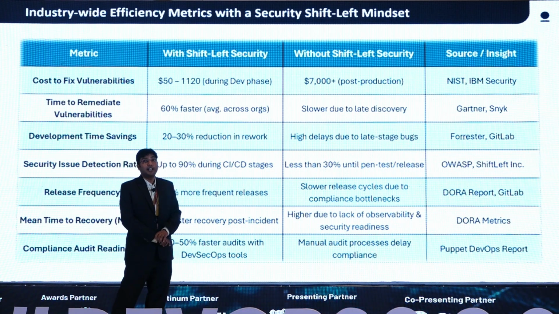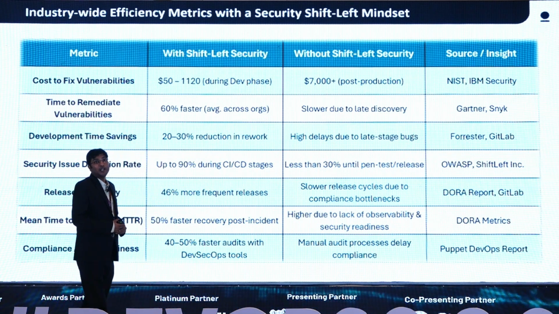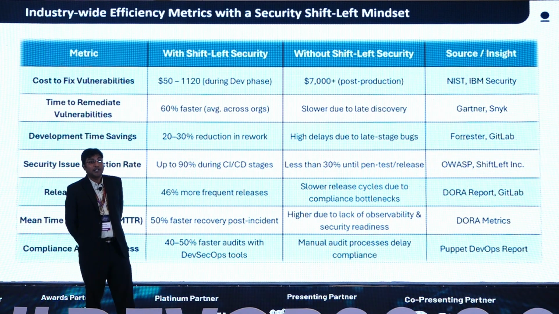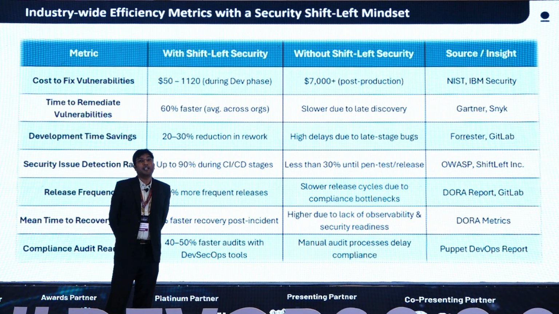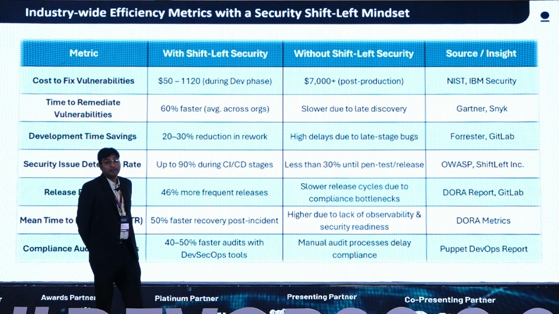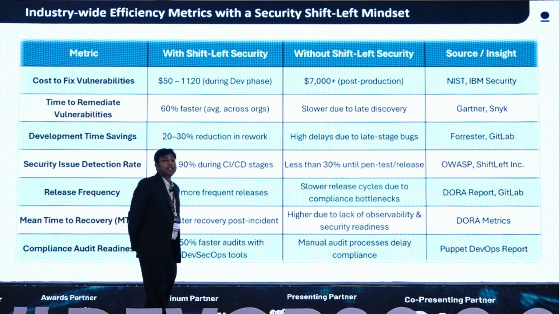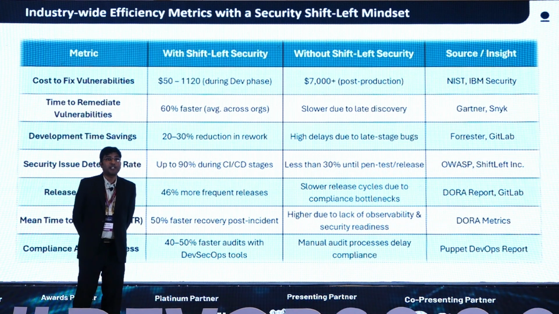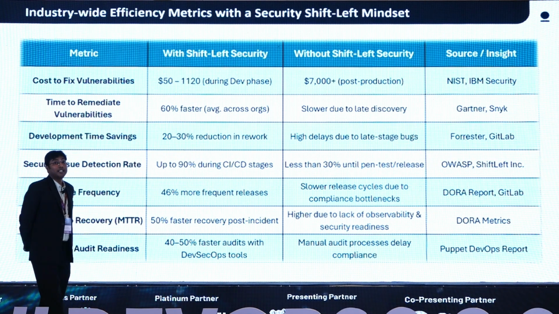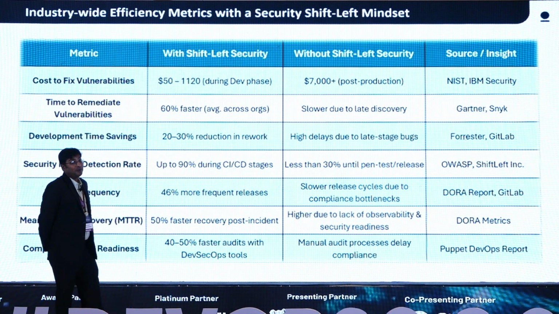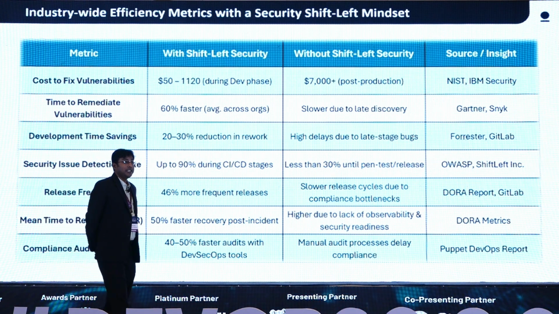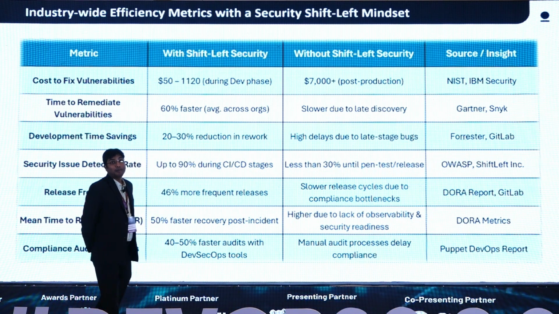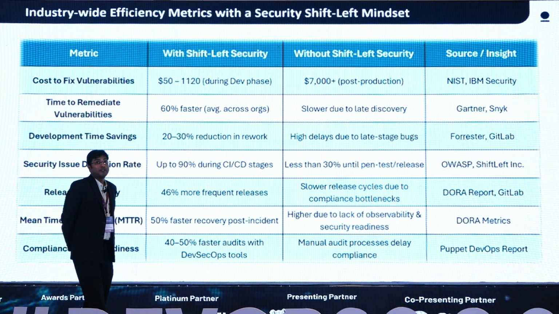Right, so some metrics, definitely. Without metrics, I cannot prove the impact. These are some sources from where I captured this data. If we shift security left in the development cycle, our cost to fix a vulnerability is going to be very low, compared to going to production and fixing it, which costs more than $7,000. Time to remediate vulnerabilities also gets reduced, because our automation is in place and we are fixing all the issues